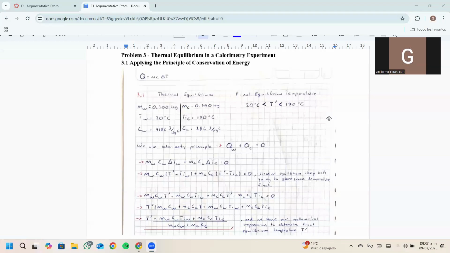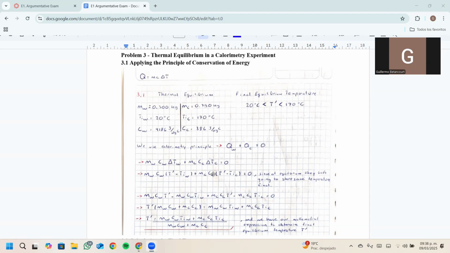For problem 3, we are given some values of thermal equilibrium of water and copper. And we have to apply the principle of conservation of energy, the calorimetry principle. Then we substitute our given values of each material. And delta of T is the same,